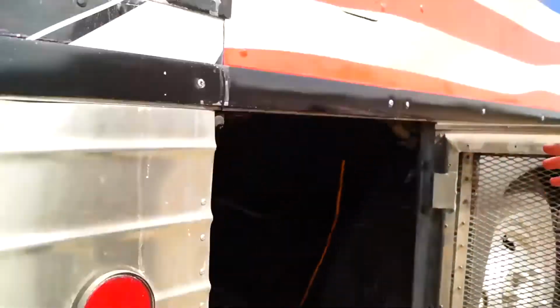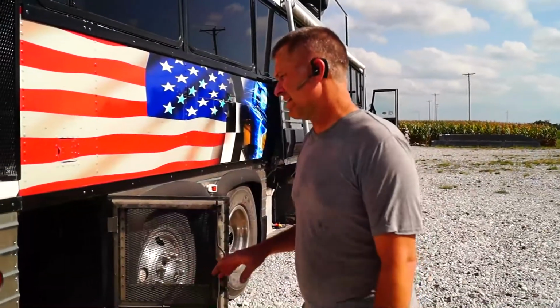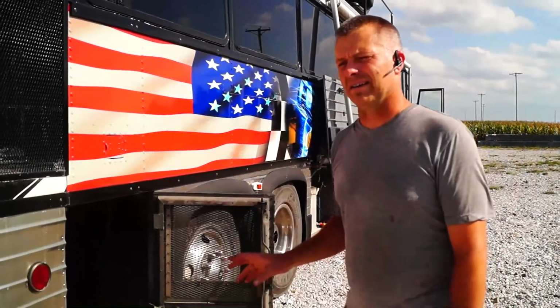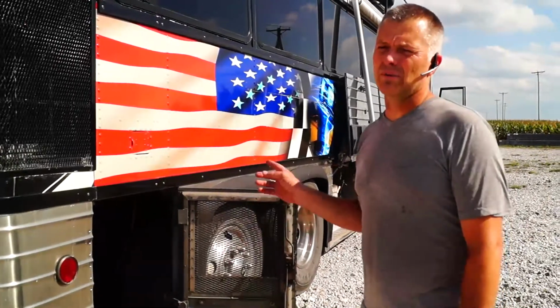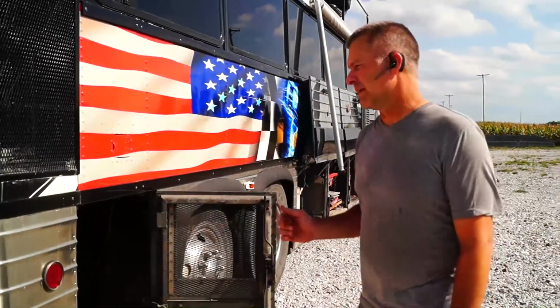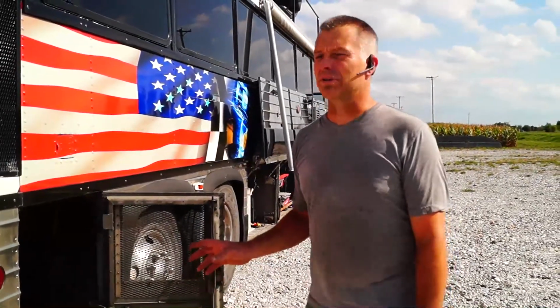All old Detroits leak a little bit of oil. This one here, I drove home about 5.5 hours after I bought it. Doesn't really seem to have consumed any oil. He seemed like a knowledgeable, honest person. He told me from Arkansas he could run it all the way to Charlotte, North Carolina and back, and it would use about 1 gallon of oil. If you don't know old buses, that may seem like a lot, but for an old Detroit,